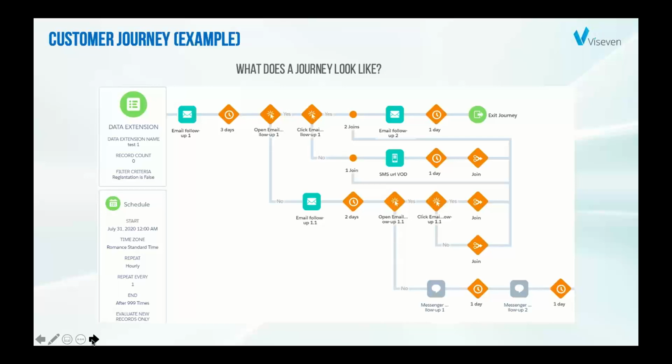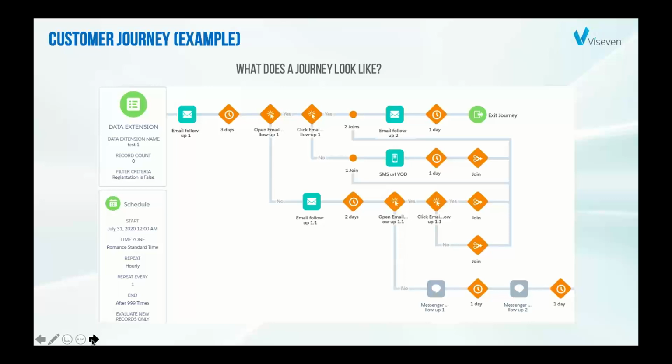Here you see an example of this particular customer journey. This example was built in Salesforce Marketing Cloud, one of the most powerful marketing automation tools currently on the market, but other marketing automation tools are in some ways the same. The main principle is the same. The functionality varies a little from system to system, but in general it looks something like that.